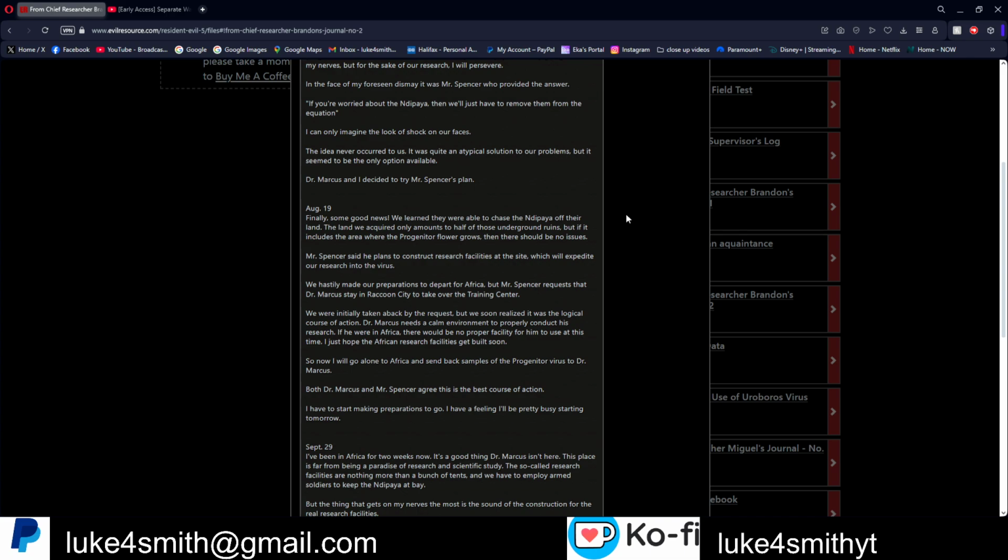The land we acquired only amounts to half those underground ruins, but it includes the areas where the progenitor flower grows. There should be no issues. Mr. Spencer said he plans to construct research facilities at the site, which will expedite our research into the virus. We hastily made our preparations to depart for Africa, but Mr. Spencer's request